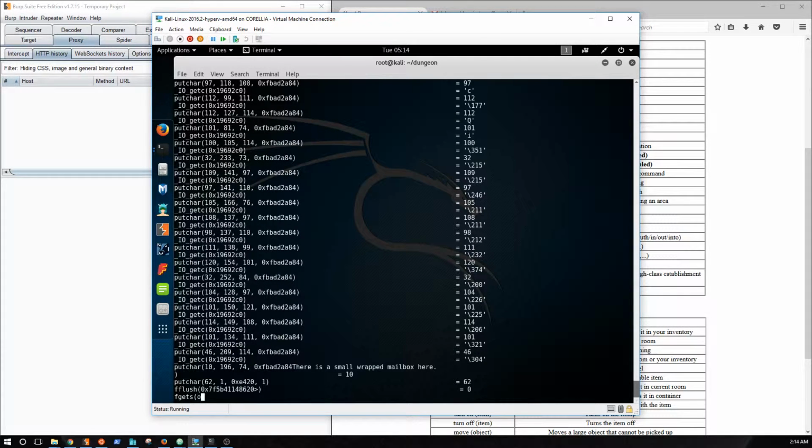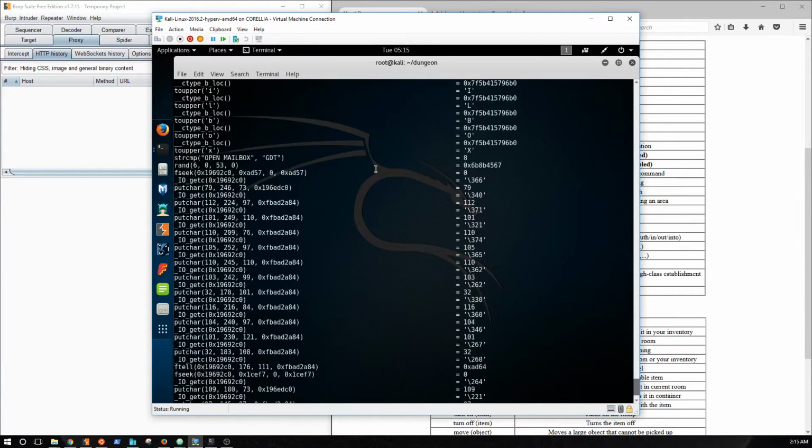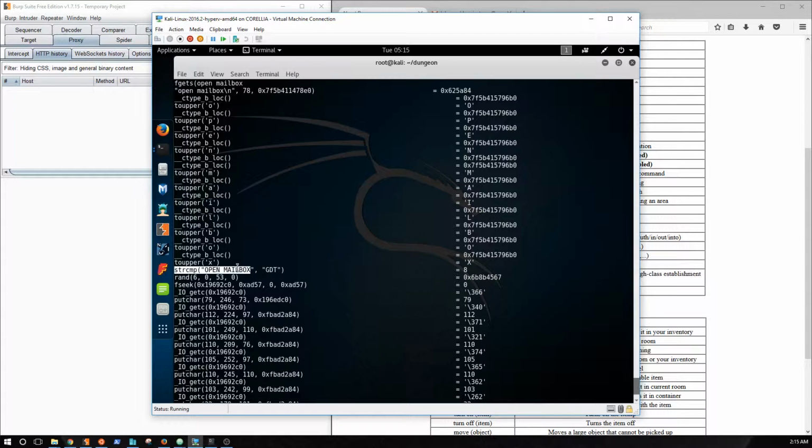So we're going to do the same thing I did before. We're just going to open the mailbox when it asks for the fgets, when it runs the fgets. And we did that. Now let's see what happens. So we did the open mailbox. Here's its interpretation of it, which is "open mailbox" with a new line at the end of it. And then it converts each character to uppercase. So then it string compares the uppercase version of what we put in with GDT,